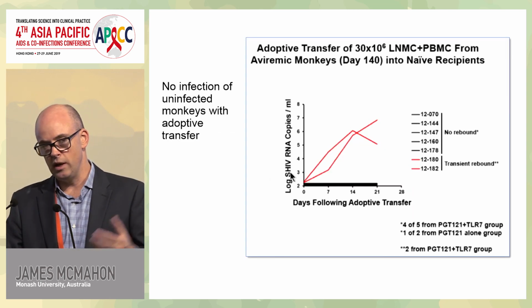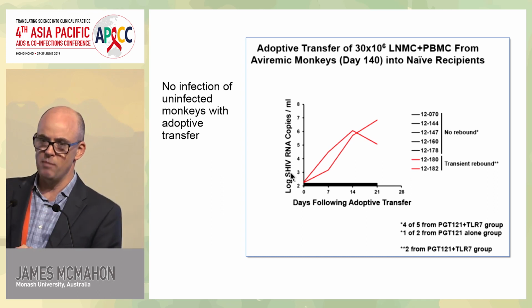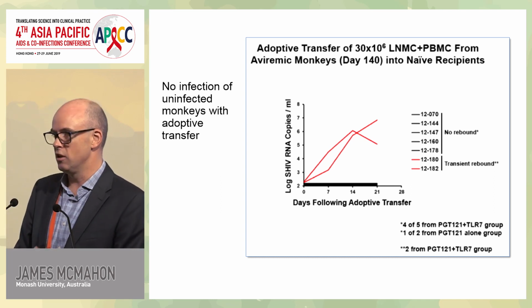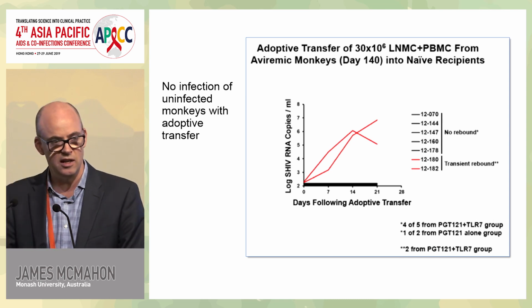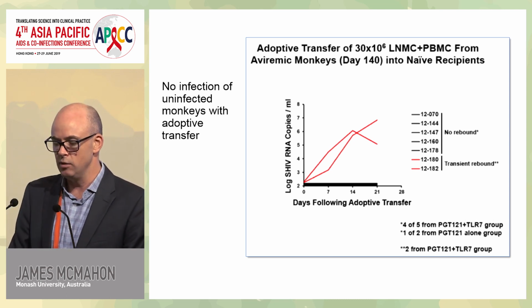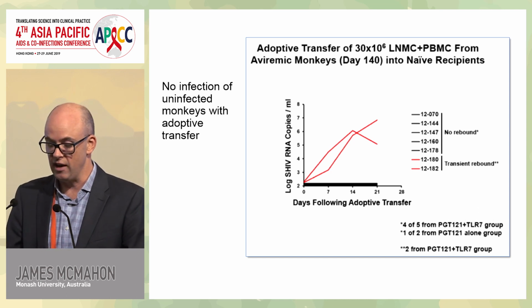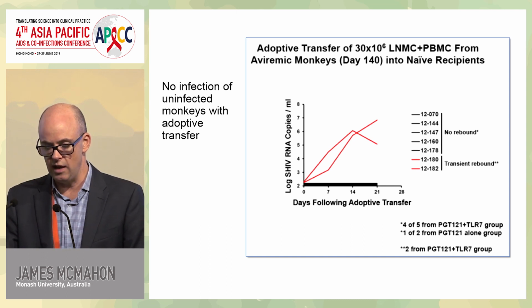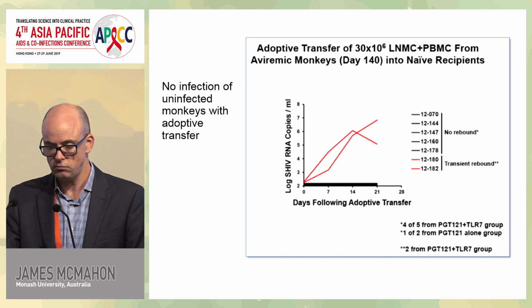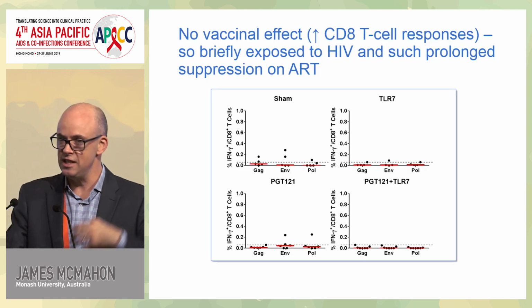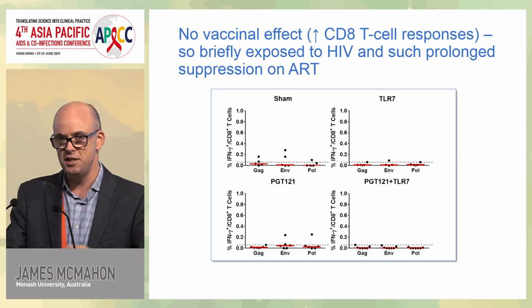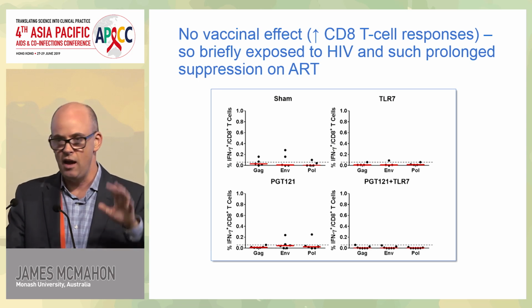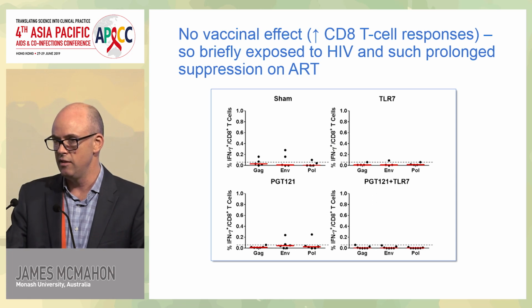And this is the ultimate way it's done in monkey science, is that they take samples from the monkey. This is pretty full on. Lymph nodes and lots of blood, and they give that to other monkeys intravenously. It's the ultimate way to see if you could infect another animal, and they show that they did that and they could not infect other animals. So this adoptive transfer process was also successful and sort of evidence of cure of these original monkeys. I mentioned this vaccinal effect. Did these things increase this HIV-specific CD8 T cell response? Are they acting like the vaccine? And in these monkey studies, they showed that was not the case. They did not lead to that increased response as a reason for why these monkeys were cured.